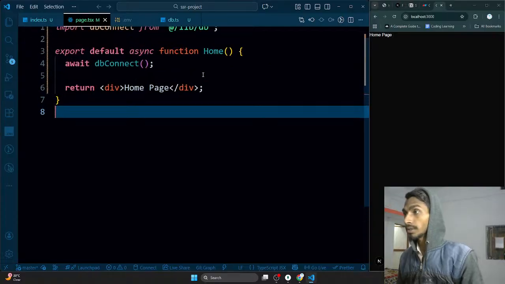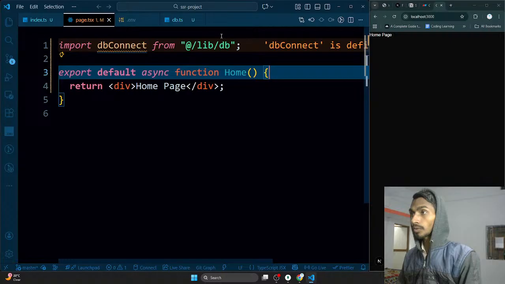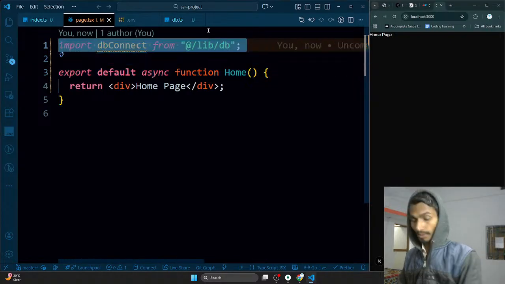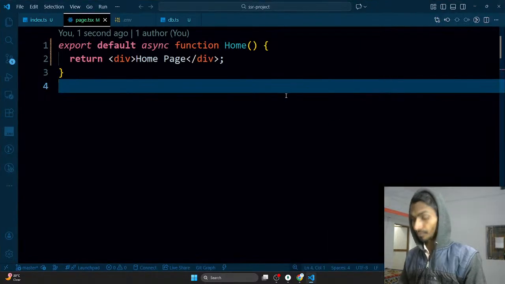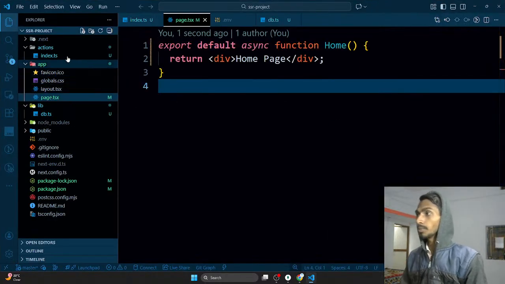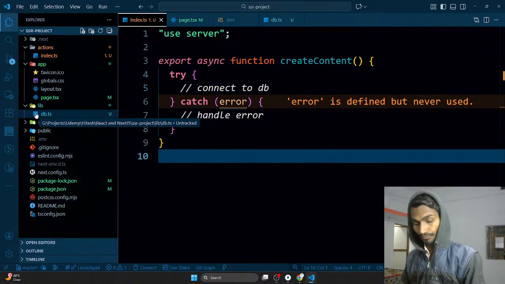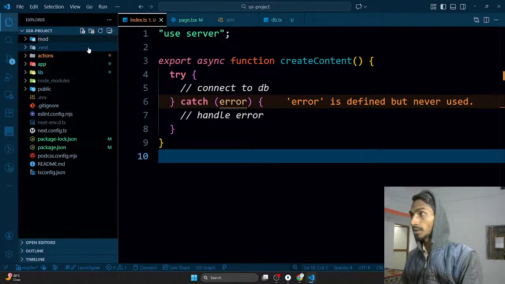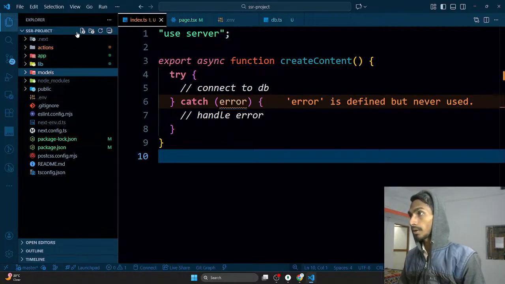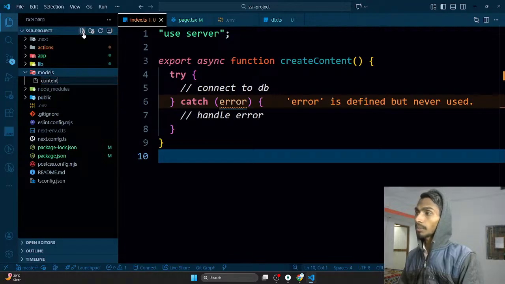So I got this thing, and that means I'm able to connect to the database. Let's get rid of this thing from now on, and for now at least. And what is the next thing that I have to do? The next thing is pretty simple. Create the model schema. So I wanna create models, and when it comes to those models, that's gonna be something like what content that I'm gonna be getting. So content,